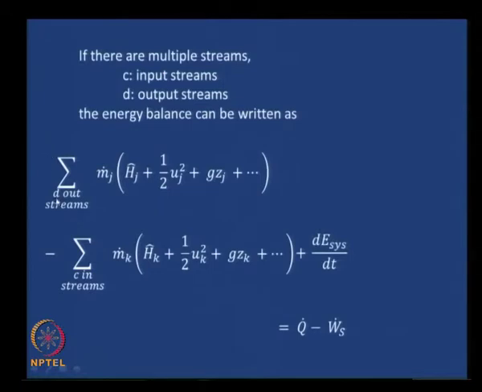Therefore, sum over D output streams of mj dot, this j is the index for the outlet streams, mj dot times hj hat plus half uj squared plus gzj plus the terms that correspond to the other energies of these streams, minus sum over C inlet streams or input streams, the k is the index for the input streams, mk dot times hk hat plus half uk squared plus gzk plus the terms that correspond to the other specific energies of the streams, plus d/dt of E of the system equals q dot minus